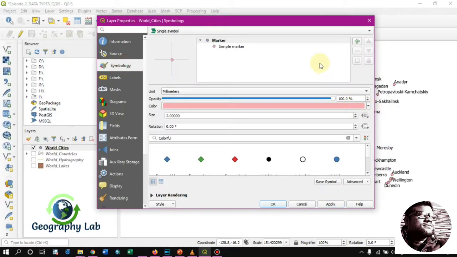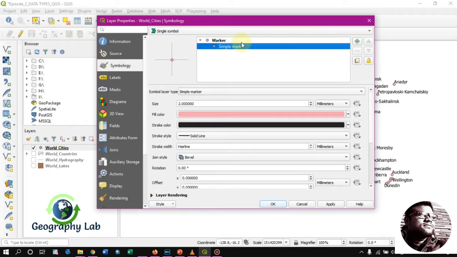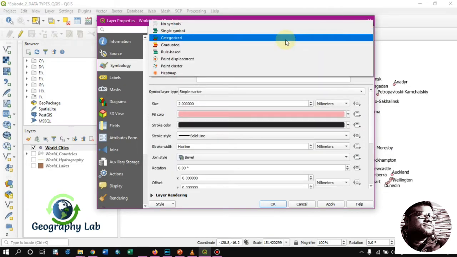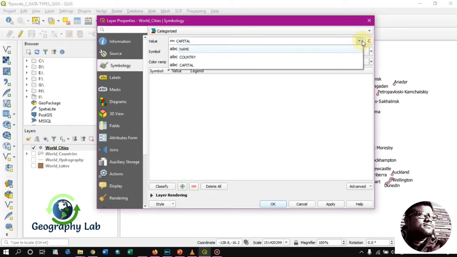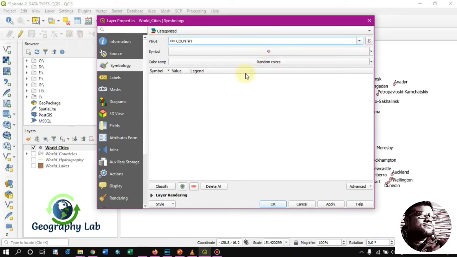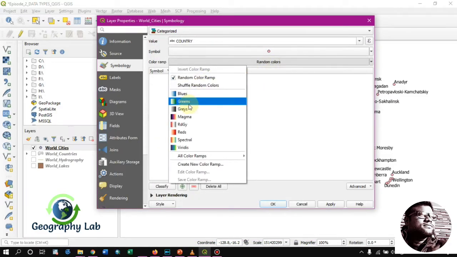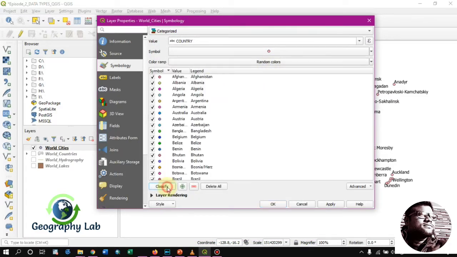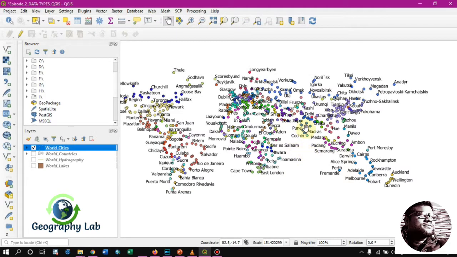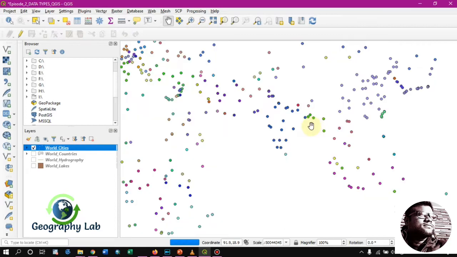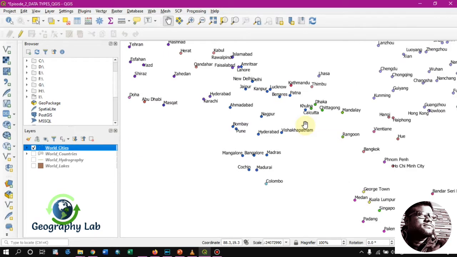Maybe we can change the symbol on the basis of the countries. So countries, random colors, maybe shuffle random color, classify, apply. OK, so now we have the cities with the same color for the same country.